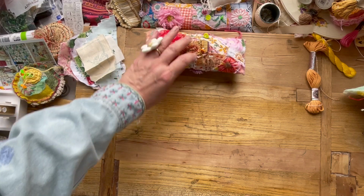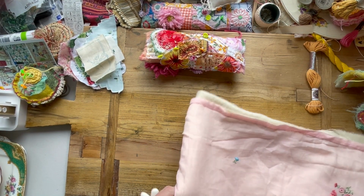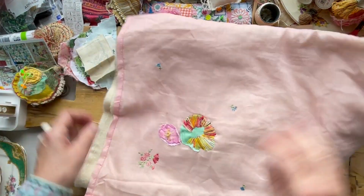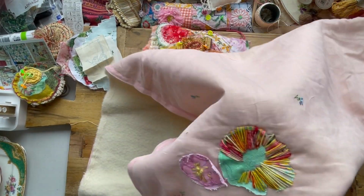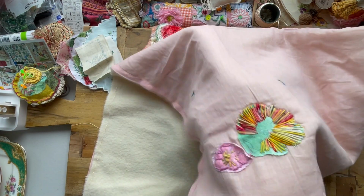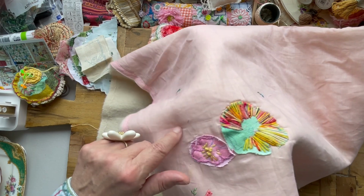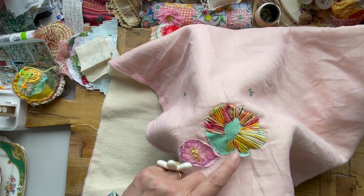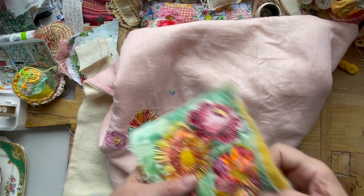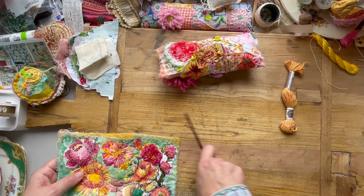Pin cushion, and this piece, which is the tablecloth. And it's funny when I meet people and they say it, they go, oh, that's the tablecloth you got and showed, and I said yes. So what I've done is I've taken the pink flowers off, I've trimmed the green, and I'd like to do some things on that. And the other piece that I was working on, oh, that's a